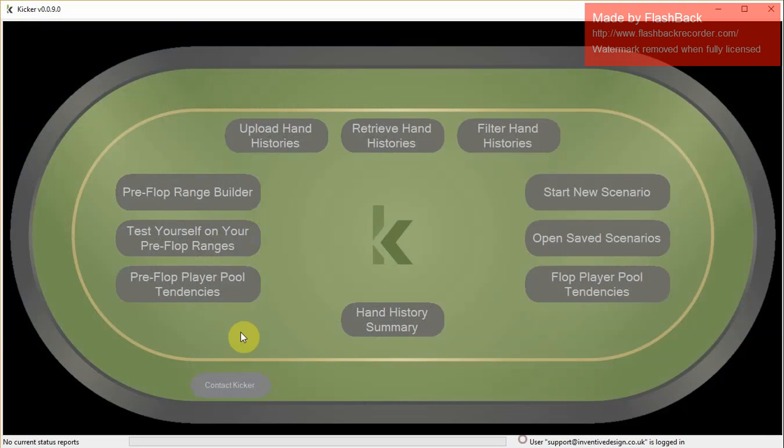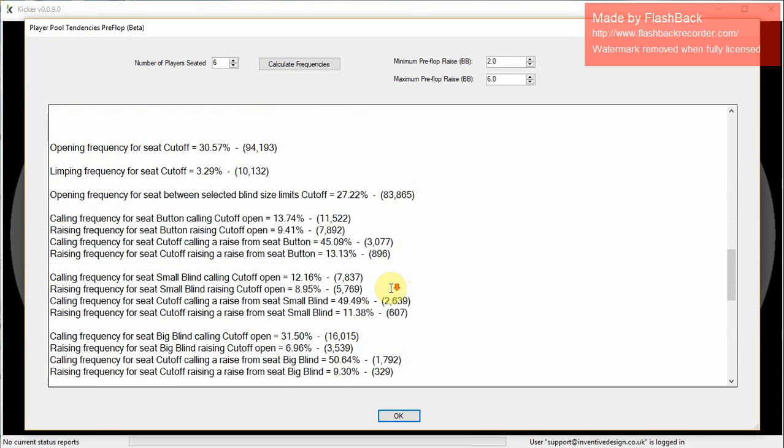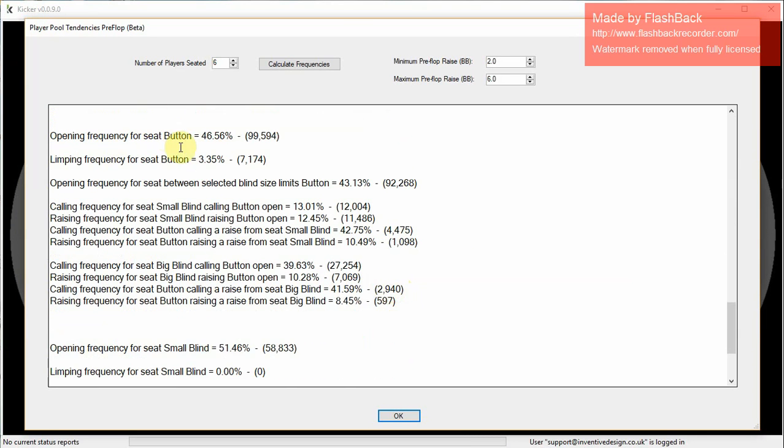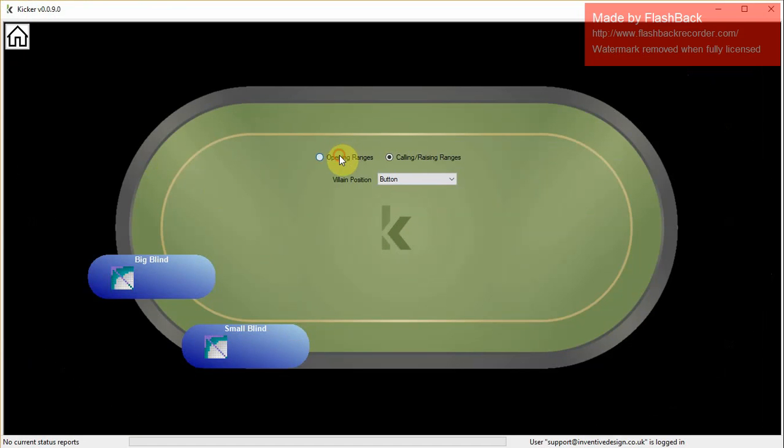I've taken that and I've also applied the pre-flop player pool tendencies, which allow me to look at the percentage frequencies that the players at the level that I play at were generally opening. So you can see they're generally opening about 46% of hands from the button. From the hand history, I was opening about 30%. So I've put myself on a range of